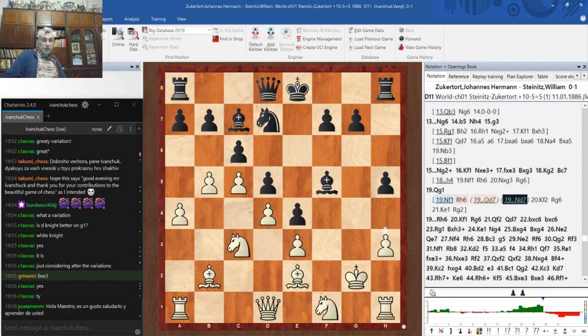But okay, now h4 is possible. Again, white is planning to play king f2 and king e1 as soon as possible. Of course, black has excellent compensation for a piece, but it's very far from winning the game